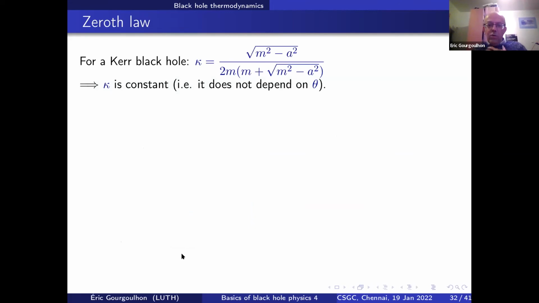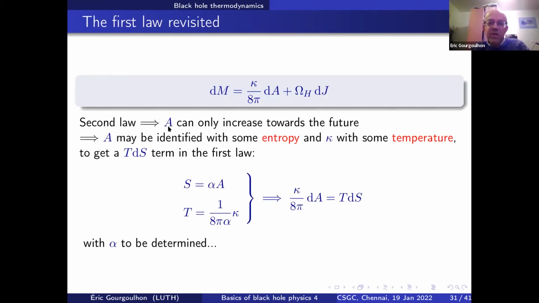To gain some insight about this, that we are not doing something crazy, because after all, we have simply a quantity which is increasing towards the future, and maybe you may find that calling this an entropy is quite an abuse, because many things could increase. After all, it means simply that it has a positive derivative with respect to time, and not everything that has a positive derivative with respect to time is called an entropy in physics. So maybe it's a kind of abuse, but to strengthen this, let's consider this κ.